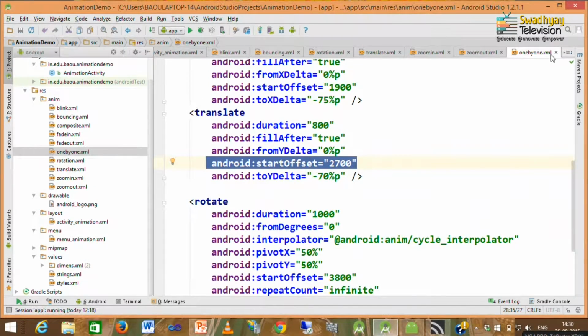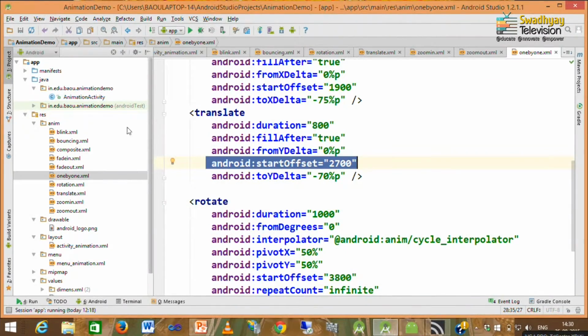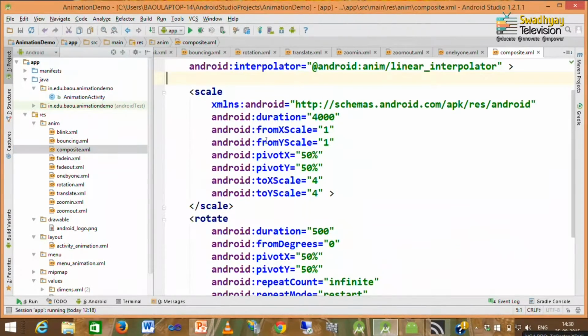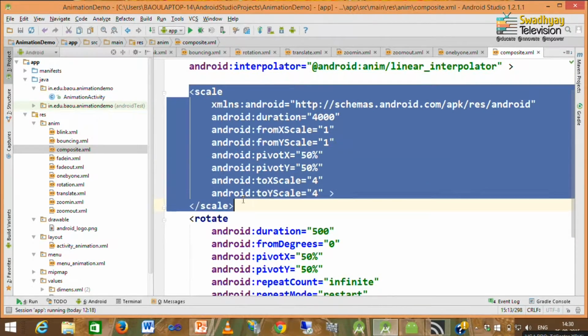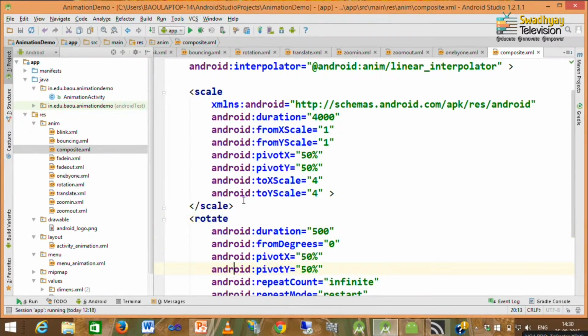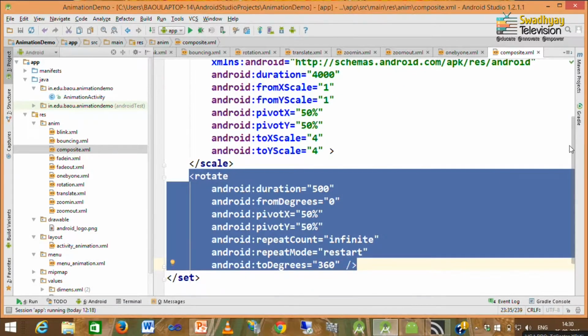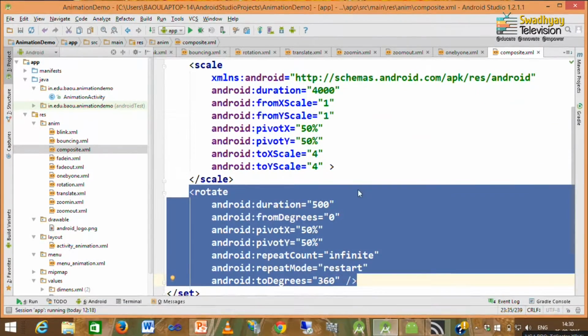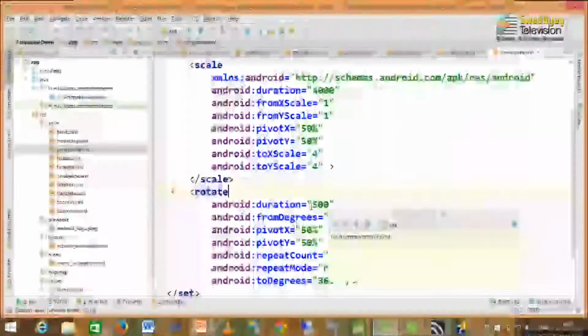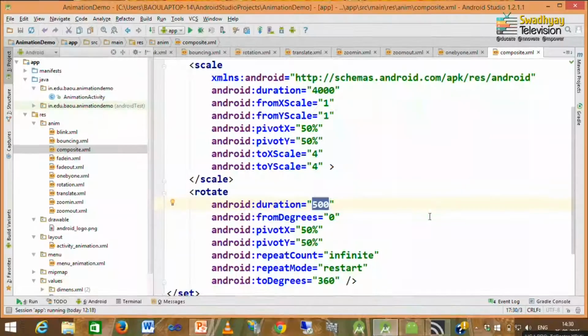Now, suppose you want to apply multiple animations at a time, then you can use composite animation. So, here first is a scale animation, that means zoom in animation, and next is a rotation animation. The duration of the first animation is 4 seconds and the duration of the second animation is half a second, and here we do not specify start offset.